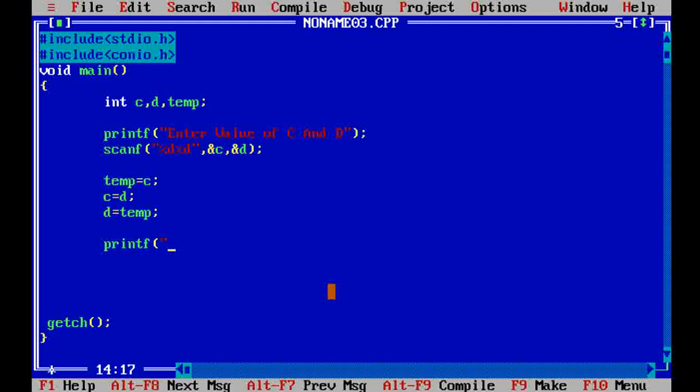After exchange or interchanging, the C and D is C comma D. For displaying C, so we write here %d, and D %d.